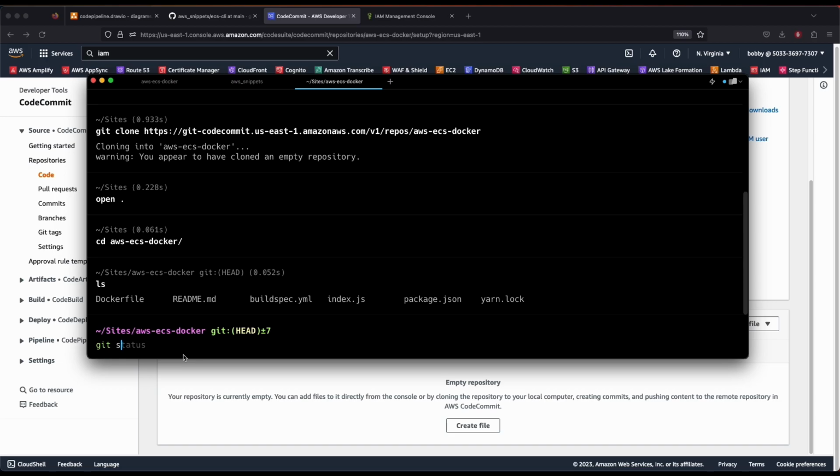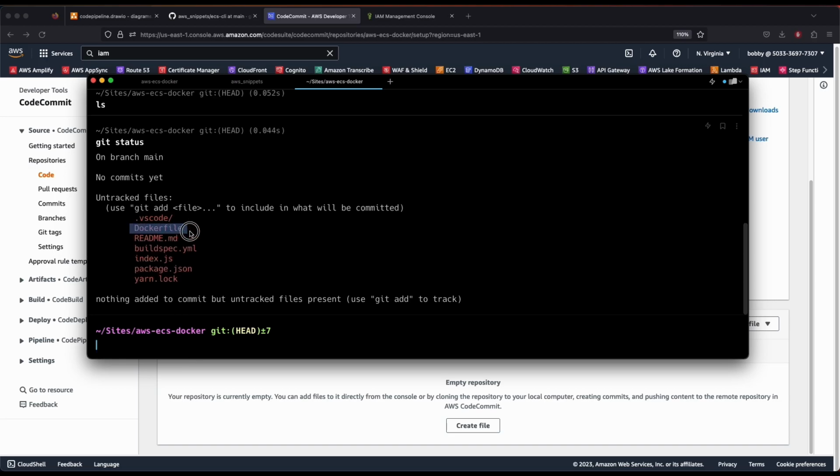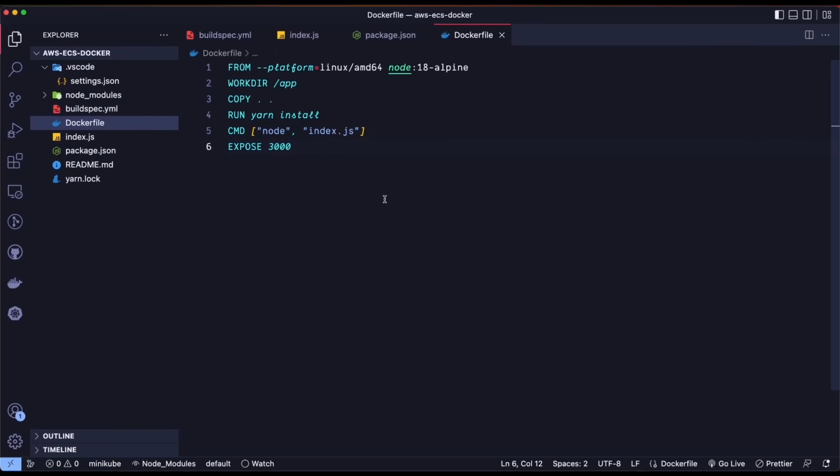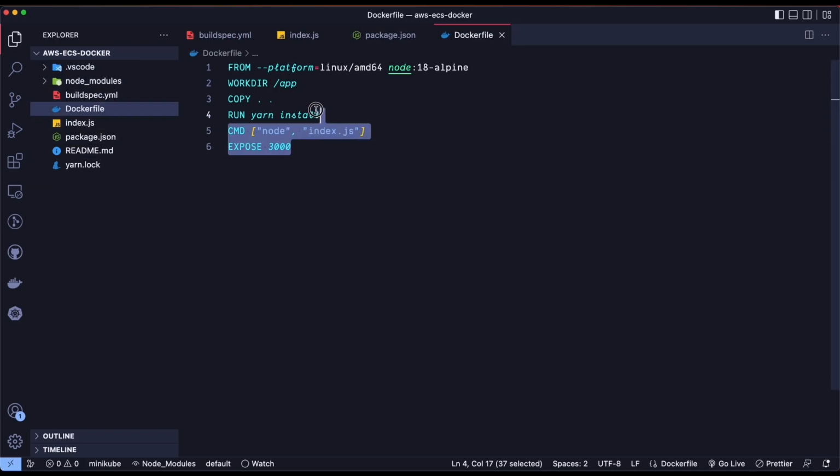Okay, and so you have a bunch of files here, which is Dockerfile. I will go through each of the files in a second, for example, let's say the Dockerfile, right? So let me open it up in the code editor. Yeah, so I have opened it in my code editor. So this is our Dockerfile where I'm going to create a container, where this is my work directory, and this is the platform that I'm